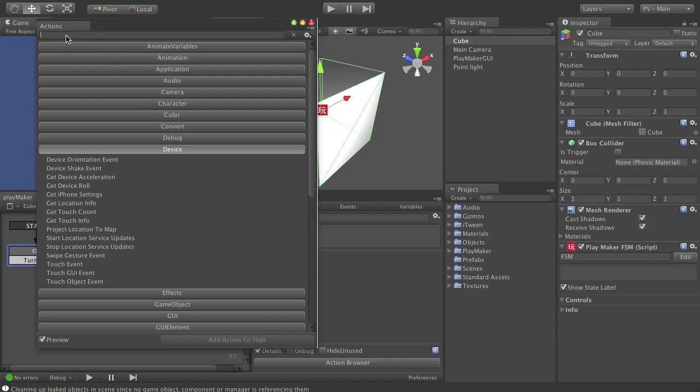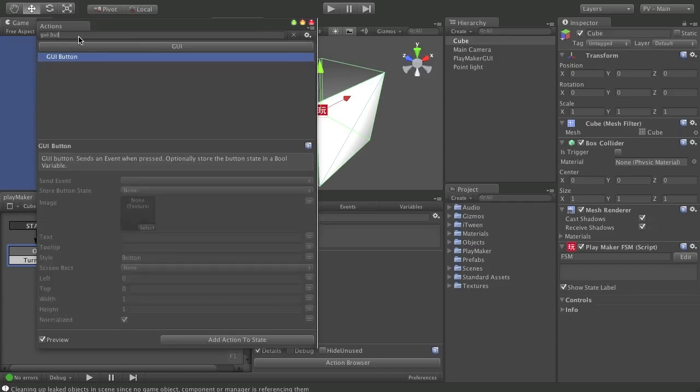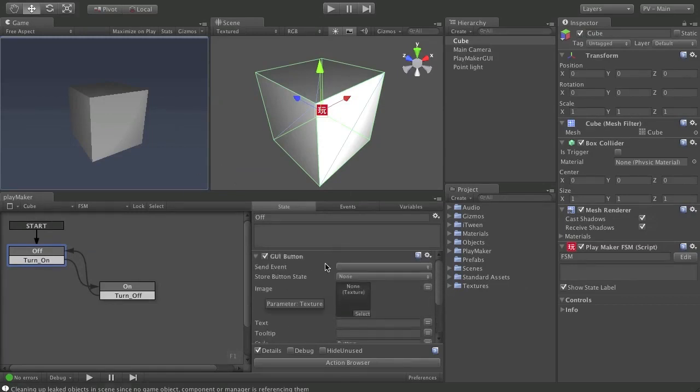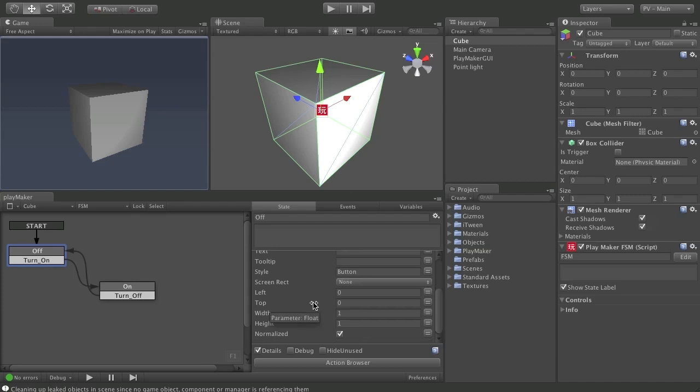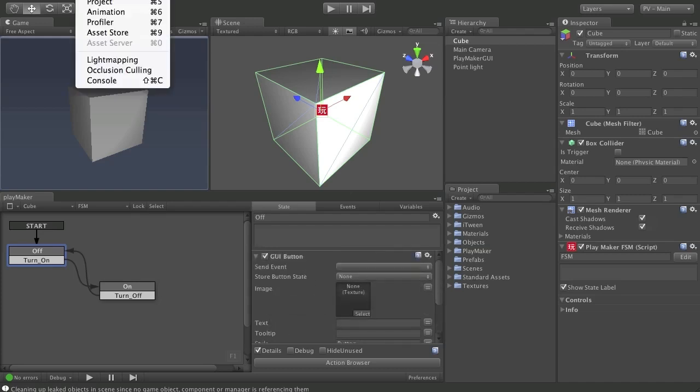In this case, we're looking for a GUI object, which is a GUI button. So up in this field right here, I'm going to type GUI button, and I get partway through, and of course, there it is highlighted. Now you can click on this to select it, or I'm going to hit return, which, as you can see, has added it down here, and then I'll hit escape to get rid of that. And the windows are pretty small, but you can see it's added a GUI button right down here to this action. I'm going to change my view really quick,